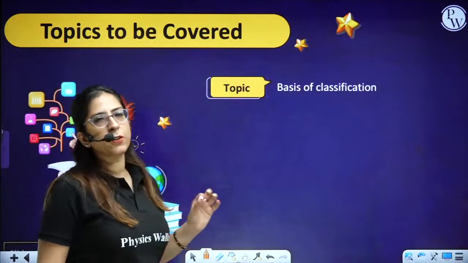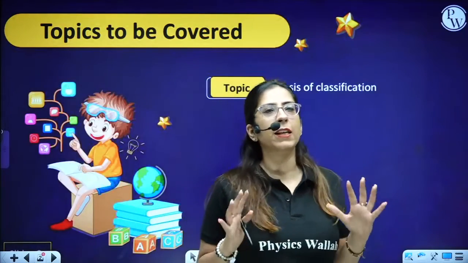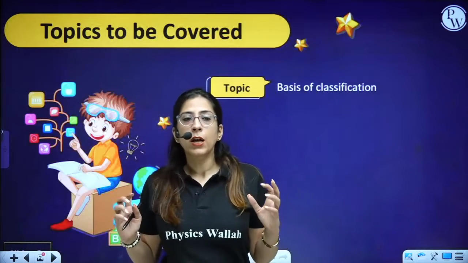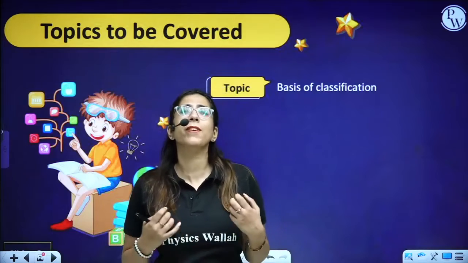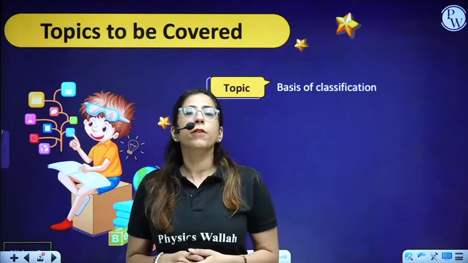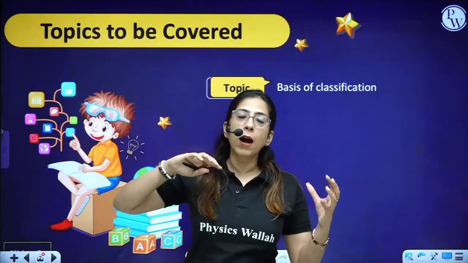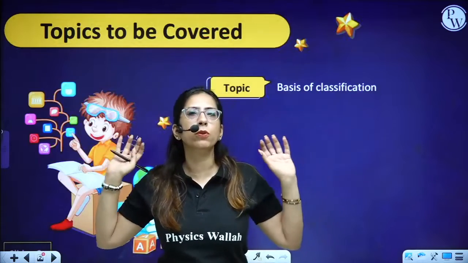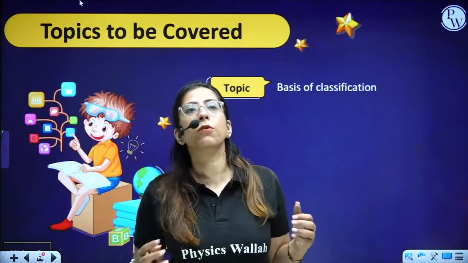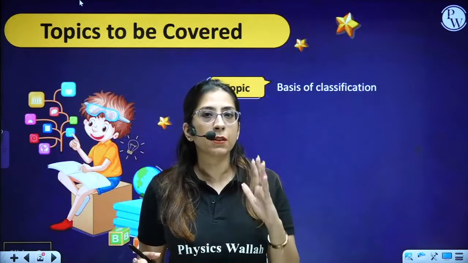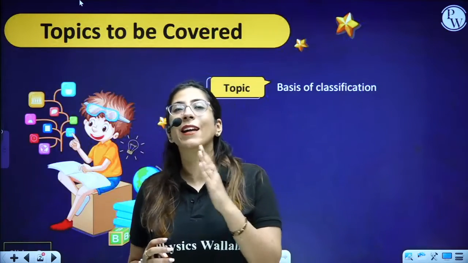So today, guys, we are going to talk about the basis of classification. Guys, there are n number of animals prevailing on this earth surface. Some animals look alike, some are very much different from each other. For example, a butterfly is completely different from an elephant. And we have categorized them into different groups. How we have categorized them, what the different features present in the different groups of organisms are, everything we will be discussing today. But these millions of animals which are present on the earth surface, they are classified.